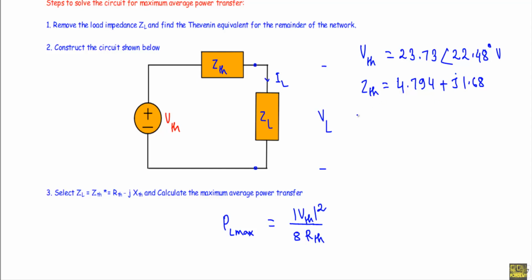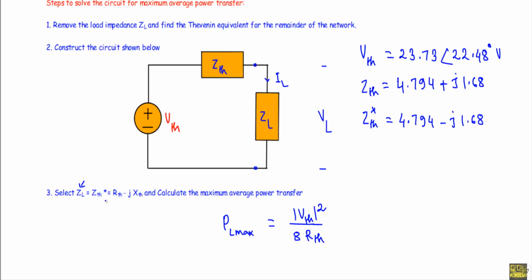Okay, the complex conjugate of the Thevenin impedance will be ZTH prime, which is equal to 4.794 minus J 1.68. See, from the maximum power transfer theorem we know that a load impedance ZL receives maximum power